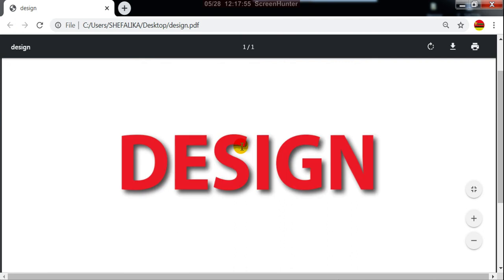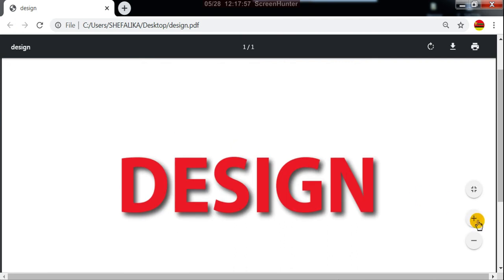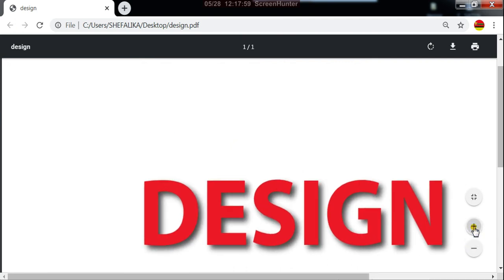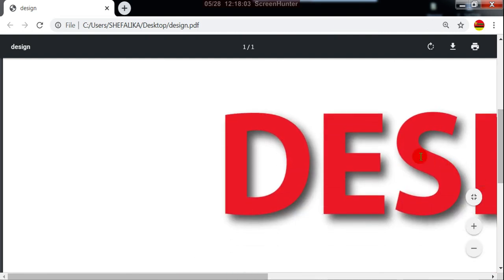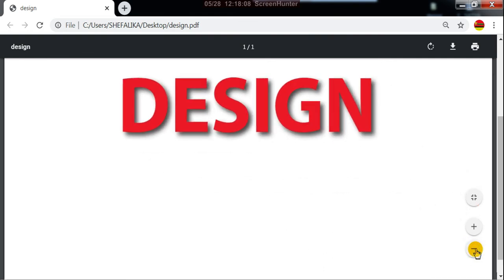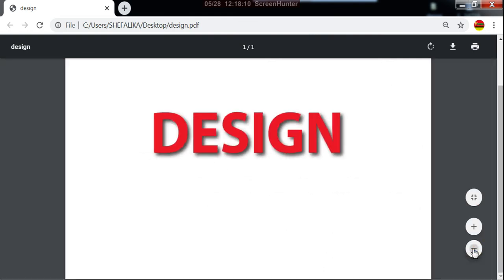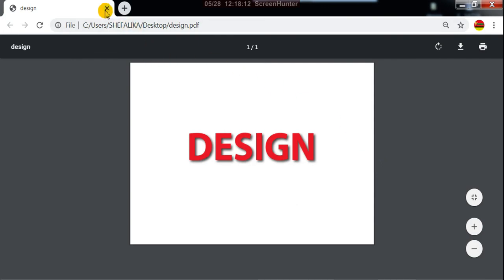Okay, so this is very nice. In PDF you can zoom to the maximum size without losing your picture quality. So it is the preferable printing format. This is the PDF.